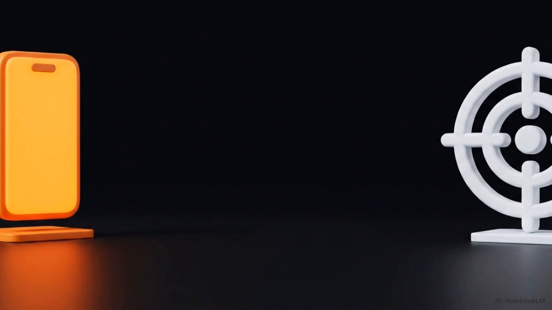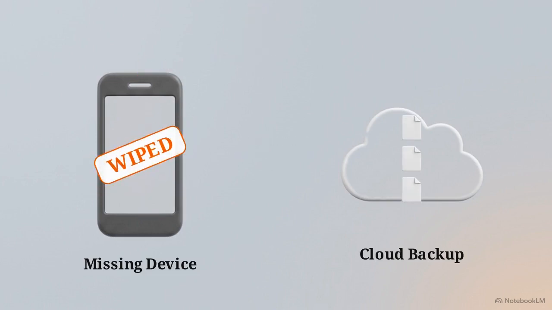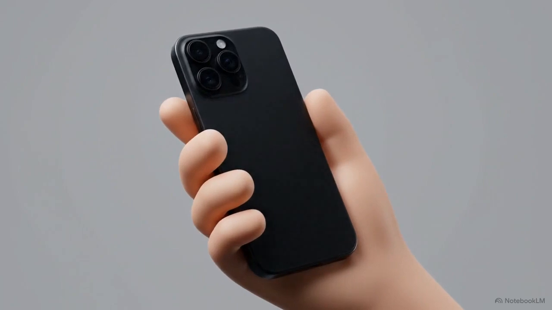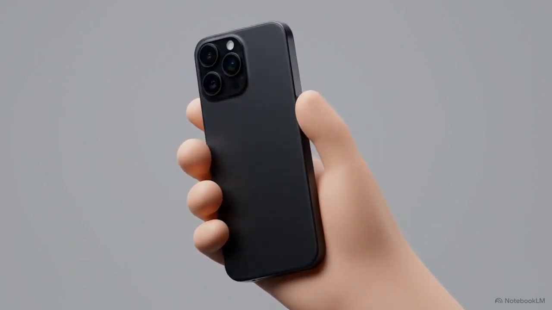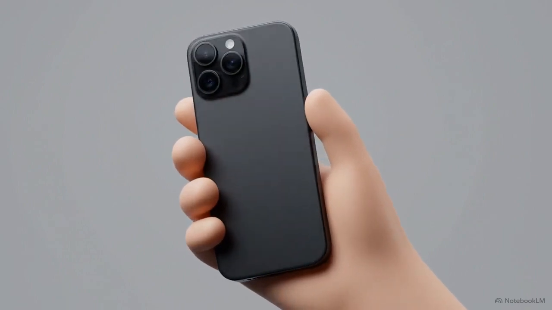If the hardware itself is lost, the ultimate behavioral failsafe is enabling device tracking and the remote wipe protocol. This diagram shows a remote wipe in action. You can send a final command to systematically destroy the local data on the missing phone, while your identical files remain safely preserved in your cloud backup. Configuring these internal protocols guarantees that even if a thief permanently steals the physical hardware, you retain absolute control over